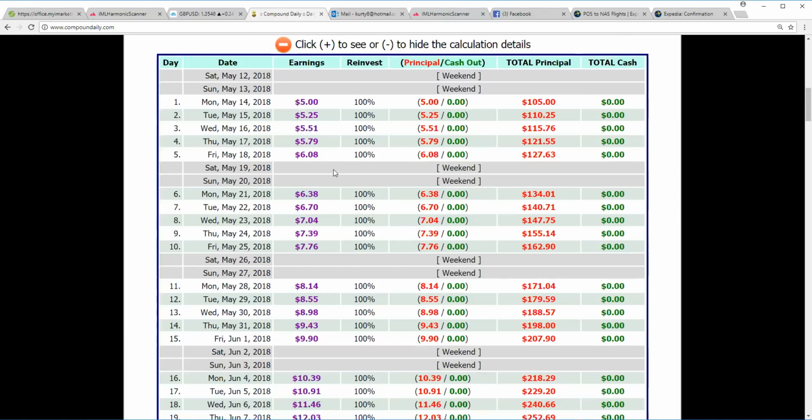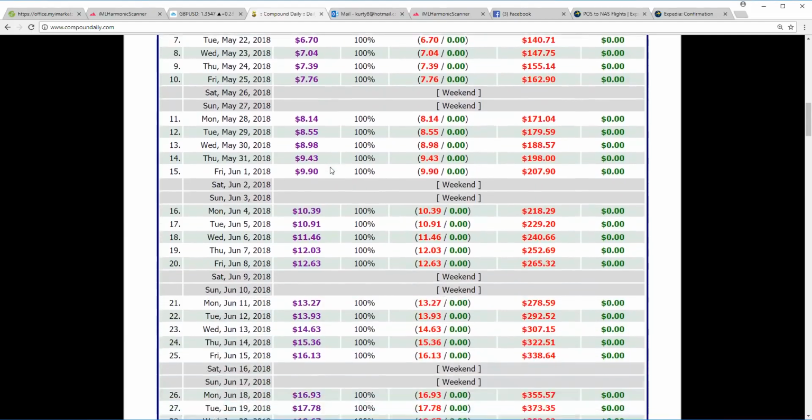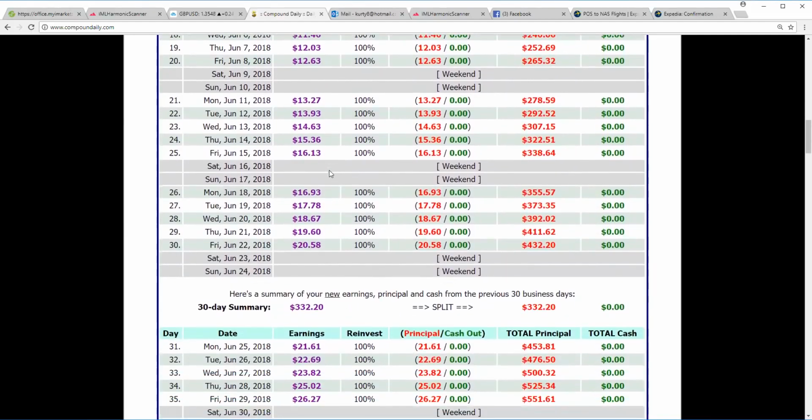Once you hit your target, be happy, be excited, because you want to develop the discipline of hitting your daily targets and simply growing your account. After 30 days, with just discipline and consistency, on your 30th day, you can be at $20.58 in profit. You're growing your account to